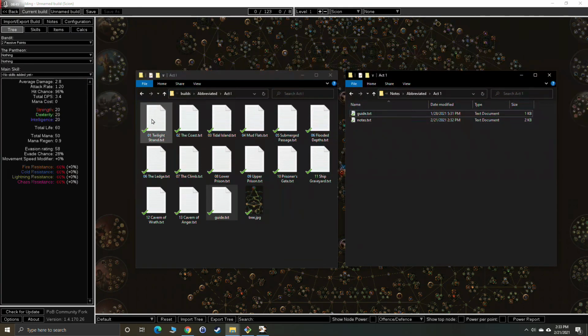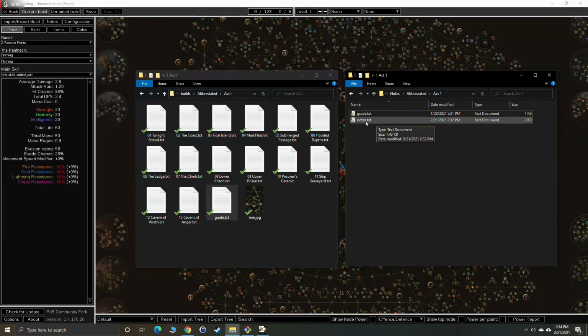But now you've seen how you can take, if you had custom notes, and for most of the guides that were there, if you're using one of my guides, I'm going to update all of them anyway. So you don't have to do any work there. But if you went through and you maybe added something to Tidal Island, like you wanted a note about killing Hillrake early instead of late, so you got a lower level gem, or reminding yourself about a Quicksilver, right? If you added stuff here, you will need to then go in and add it to the